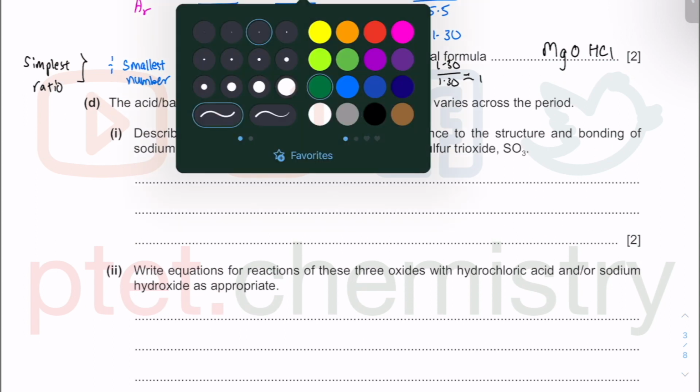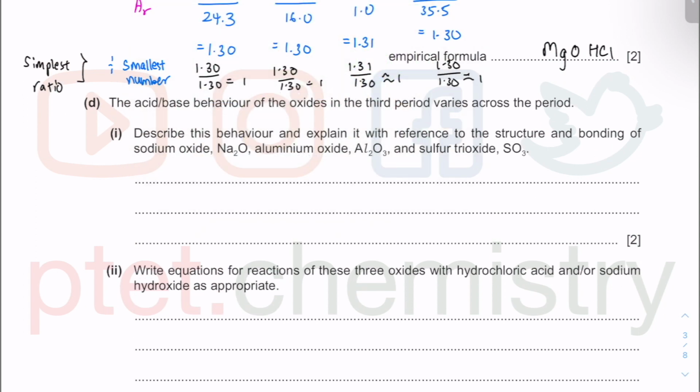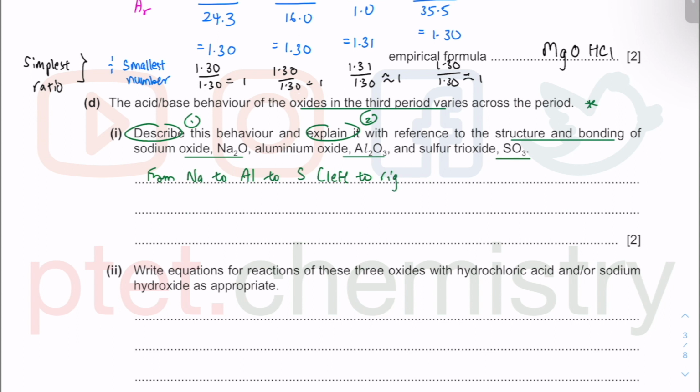Now part D. Part D is about acid-base behavior of the oxides in the third period. This is a continuation of acidic, basic and amphoteric oxides from your O-level, GCSE or IGCSE days. So describe this behavior and explain it. You have to describe as well as explain it to the structure and bonding of sodium oxide, aluminium oxide, and then sulfur trioxide. We know that from left to right, from sodium to aluminium to sulfur, across